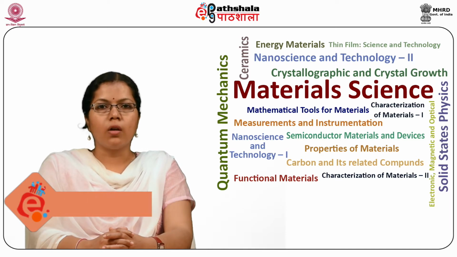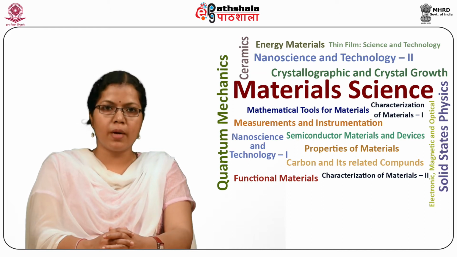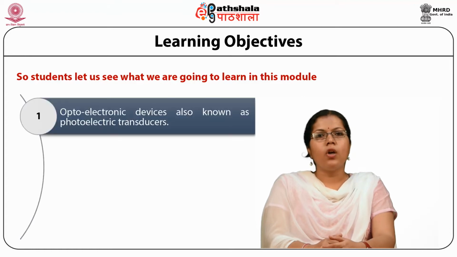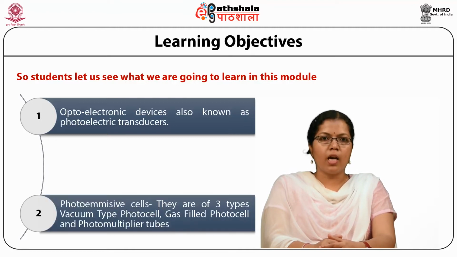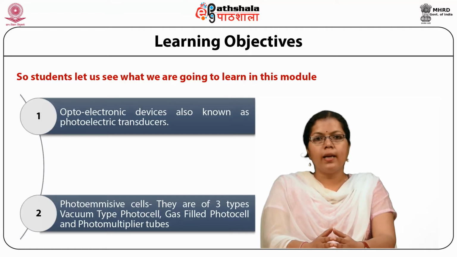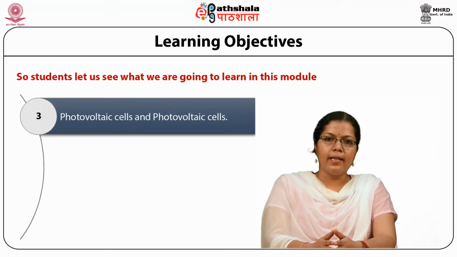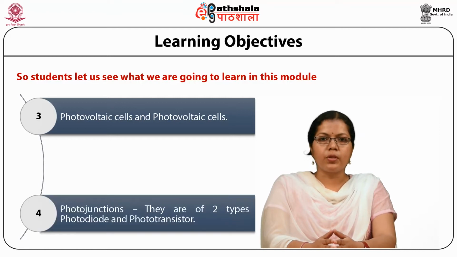Today we are going to talk on the module Optoelectronic Devices from the paper Measurements and Instrumentation. In this module, the students will be able to understand about the optoelectronic devices, which are also known as the photoelectric transducers. Here we will study about the photoemissive cells, which are of three types: vacuum type photocell, gas filled photocell, and photomultiplier tubes. We will study about the photovoltaic cells, then the photojunctions, which are of two types: photodiode